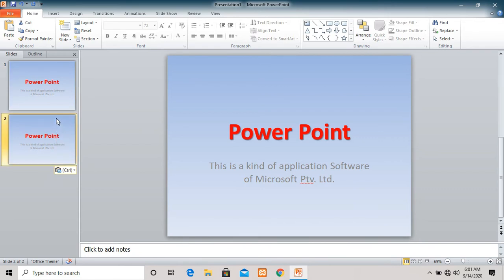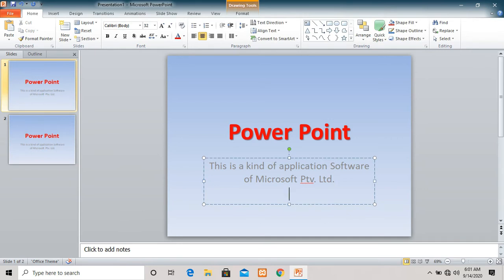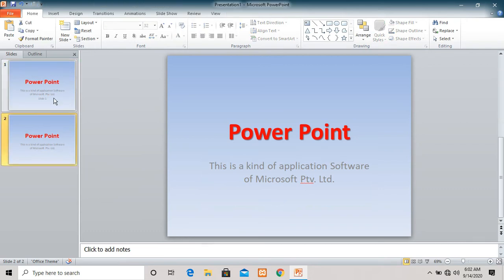Fine. There's one more thing. If suppose you have written something in the first slide, something like slide 1, and you want to cut this information, or you want to copy this information from this slide to another slide, you just use the same procedure.